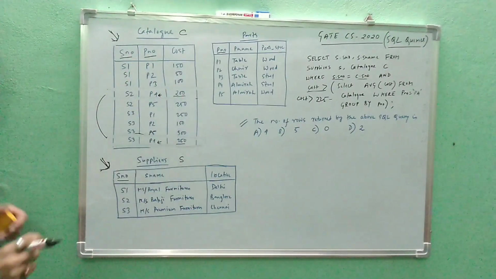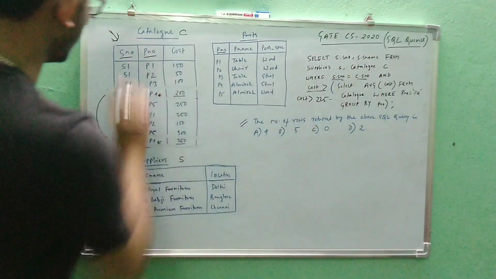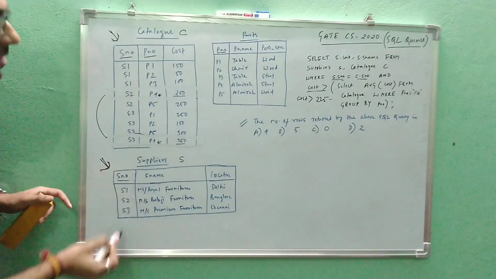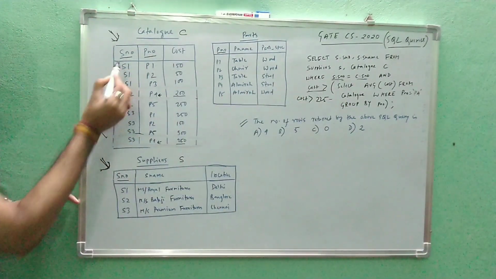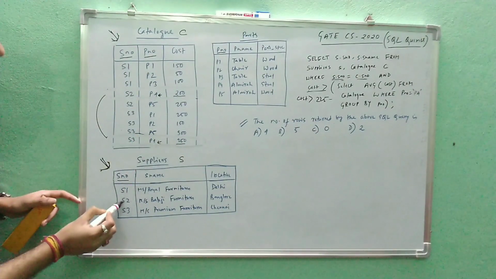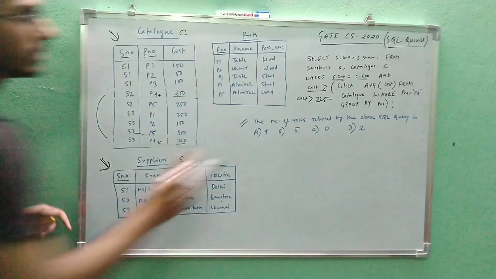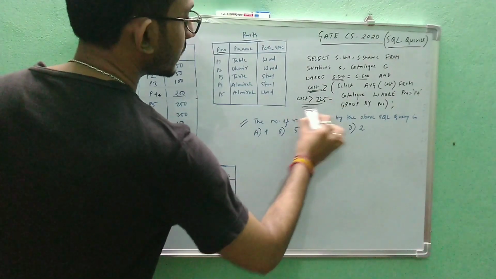Okay. So now, if you see, S number is equal to S number in these two tables. So where are the S numbers? Obviously everyone is matching. So see, this S number is equal to this number. Again, this S2 is also present here. This S3 is also present. So now we'll just move on to this one. Then we'll understand: cost is greater than 225.